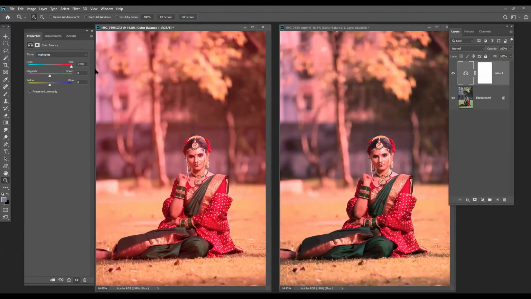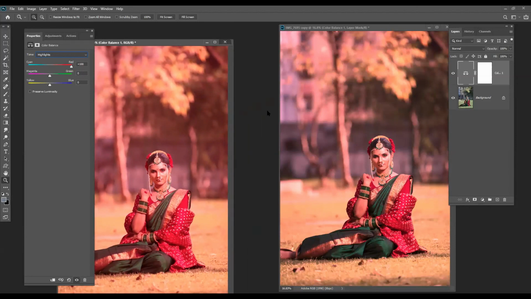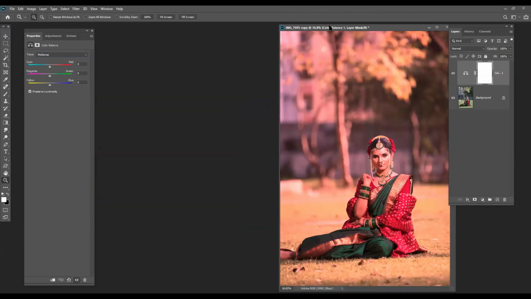You can see it's trying to restore the highlights and put the colors in the highlights mode. In the other image, it's putting a flat coat of colors. Got the difference? Can you see the difference? Yes. So what does luminosity do for us? We have to understand that also.